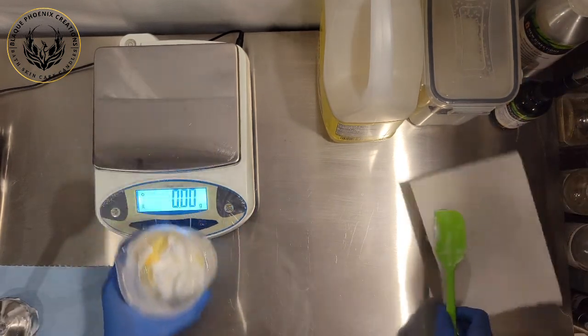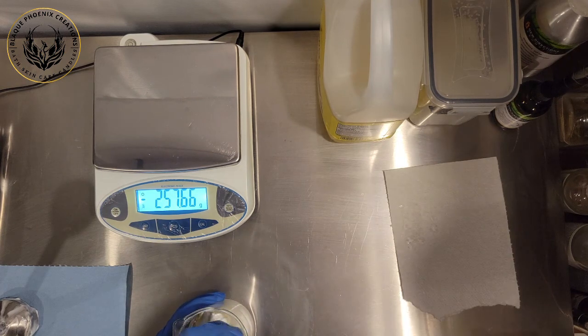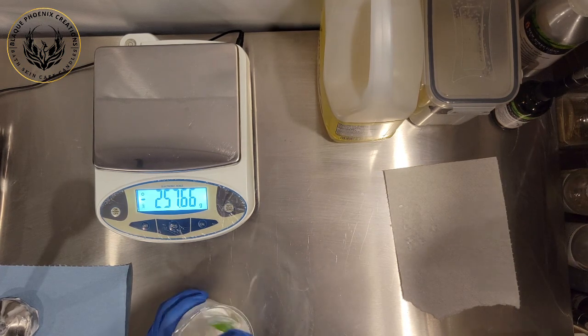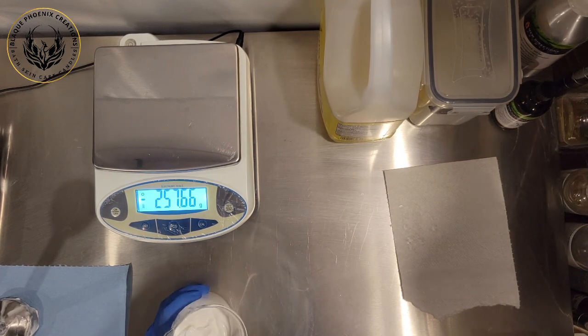And I'll go ahead and stir these in because I don't need to blend this anymore, honestly, because it was very thick when we started, and it will only thicken up. Remember, this is not the consistency we have to